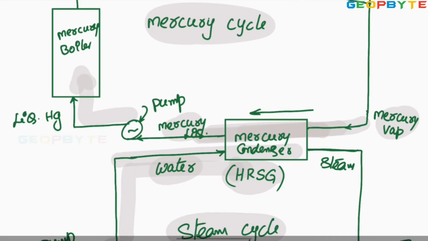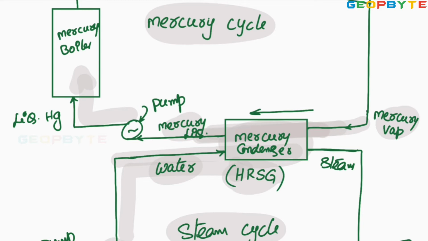This is how the amount of heat rejected by the mercury during the condensation will be recovered by the water. That is the reason the heat dumped to the outside is less. Therefore, the binary vapor cycle is always maintaining better performance or better efficiency over a single power plant or the simple power plant. Simple power plant means I can take the steam turbine power plant or individual power plant. I hope you clearly got my point.